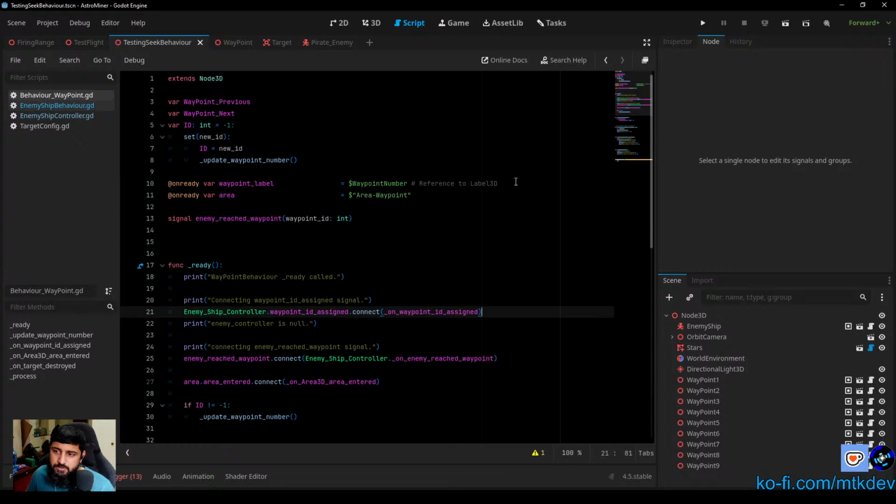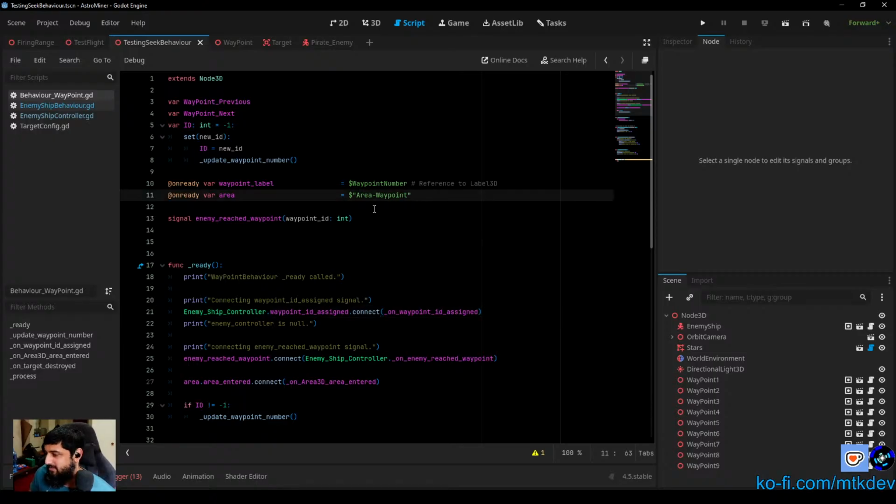So now the enemy ship controller is going to need a signal for assigning IDs to the enemy ship as well. This is getting way more complex than I would have wanted. And that's annoying. It really is. I wanted to keep things simple, but that's not always possible. So let's just